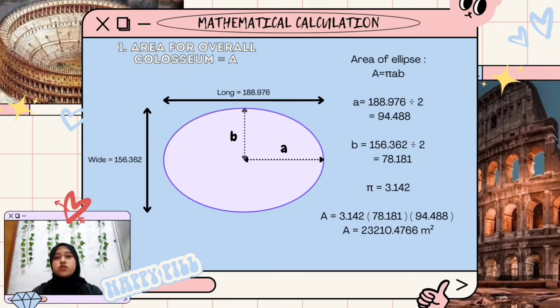In this formula, we use pi as 3.142. So the total area of the Coliseum is A equals 3.142 times 78.181 times 94.488,